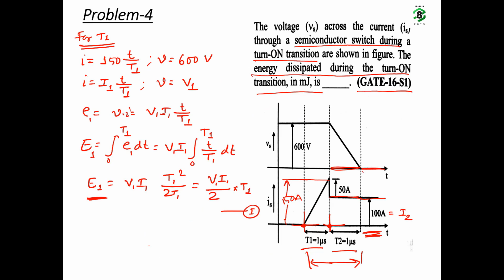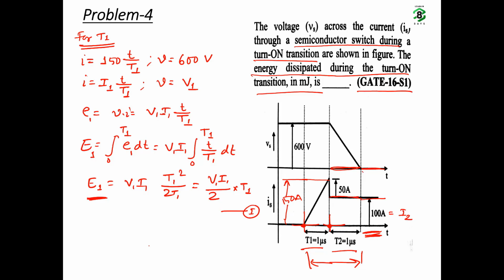You have seen some problems on conduction loss as well as a few problems on switching loss, and you have got an idea what type of question has been asked in the GATE examination. What you need to know is the concept of how we represent a switch as an equivalent circuit. If it is a diode, we will replace the diode with the equivalent voltage. If resistance is given, then we will put the resistance in series with it. If it is a MOSFET, then we will represent the MOSFET with an equivalent resistance.